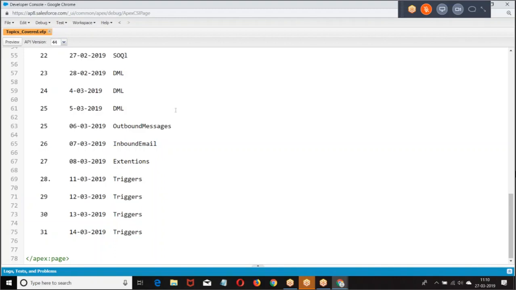Instead of this, whatever things you can handle on the client side, if you handle them there, the performance of the page will improve.